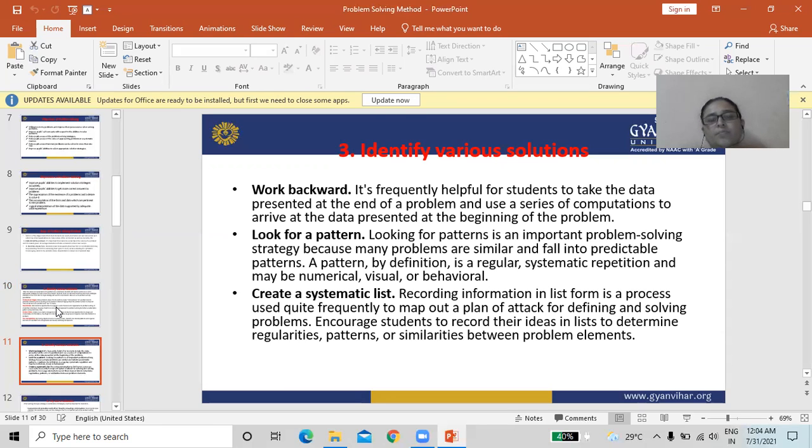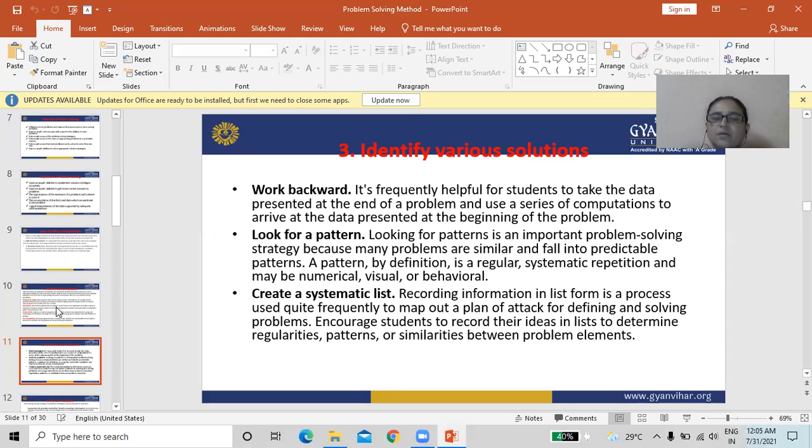Look for patterns. Looking for patterns is an important problem solving strategy because many problems are similar and fall into predictable patterns.